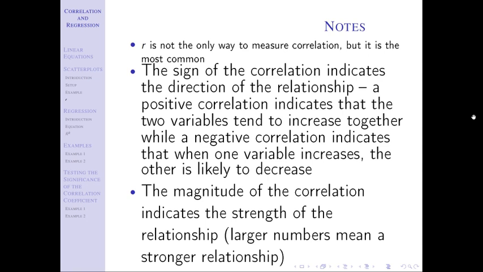Smaller numbers, when the numbers get closer to 0.2, 0.1, closer to 0, or negative 0.2, because again, the negative doesn't really matter. The negative just tells me the direction. When you get those points that fall down closer to 0, that means the points are further away from each other. So when we talked about strong, weak, moderate previously, the stronger correlations are up in the 0.7, 0.8, 0.9 range. The weaker ones are in the 0.1, 0.2, 0.3 range. The moderate ones, maybe 0.4, 0.5, 0.6.